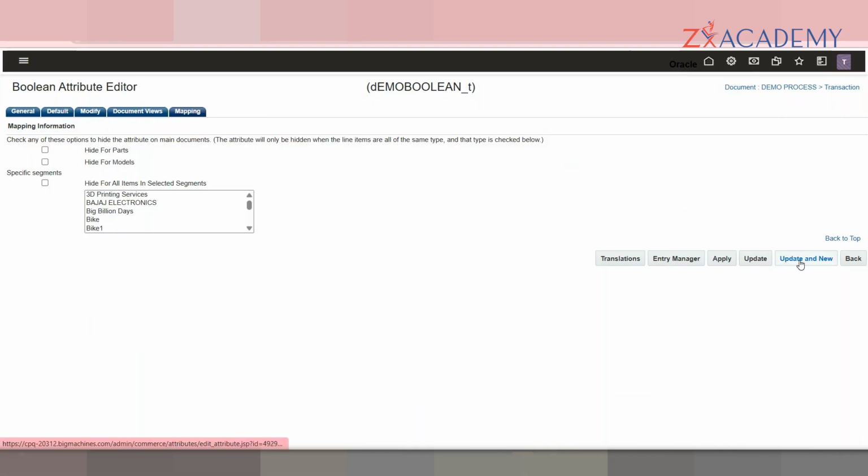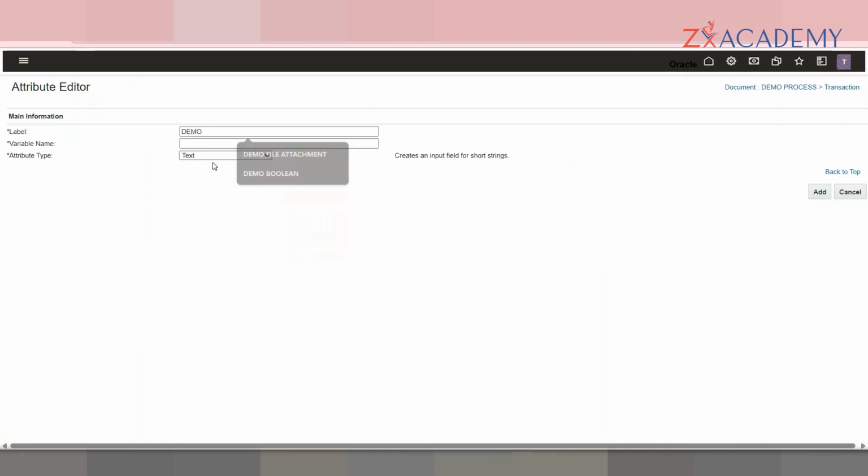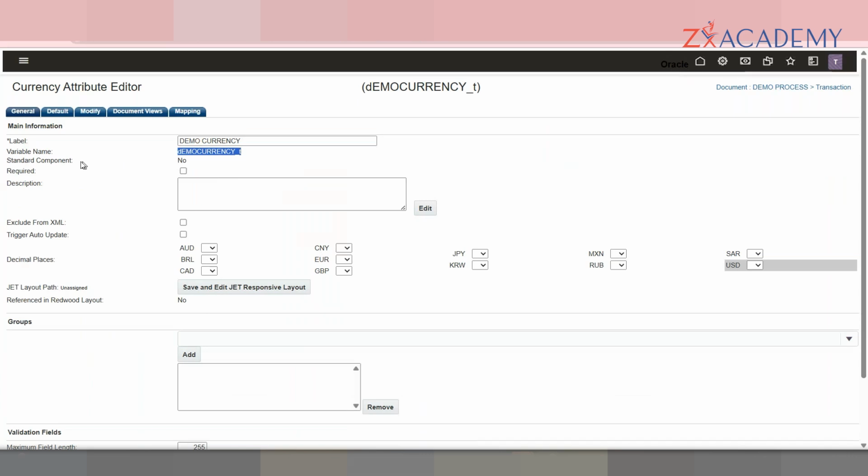Now let's go for other attribute. Now coming to the third attribute called currency. So here also you can see currency required, decimal places, like if it is an Australian dollar. See, USD is coming because